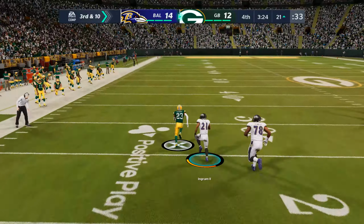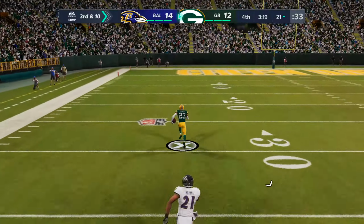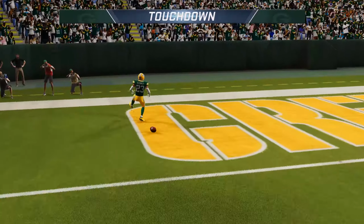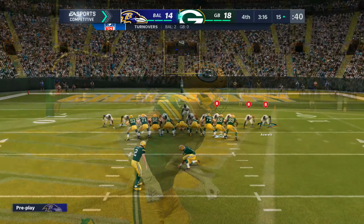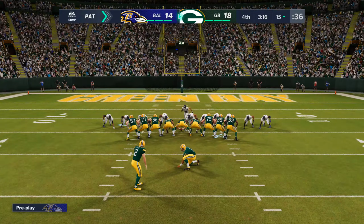Picked off by Jair Alexander. He's got the lane, and there he goes. The 20. And into the end zone. It's a pick six and a Packer touchdown. Touchdown, Packers. This game, it's been defensively oriented on both sides, so I guess it stands to reason that the